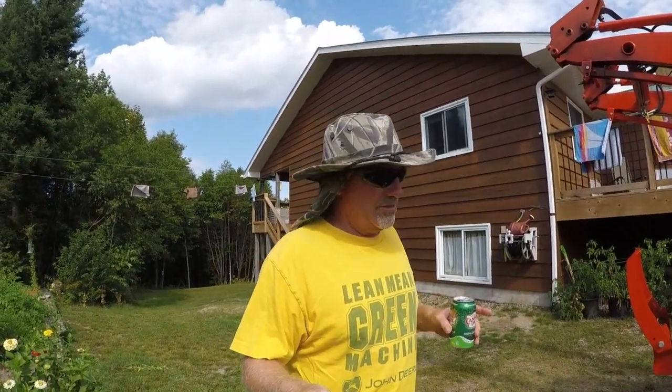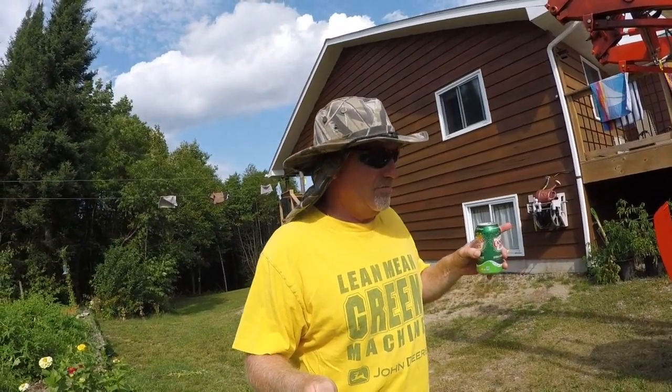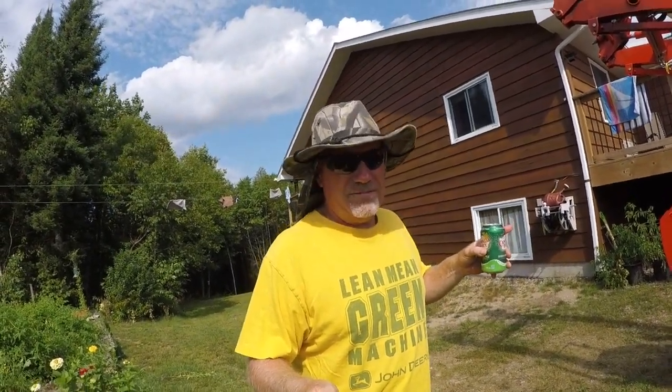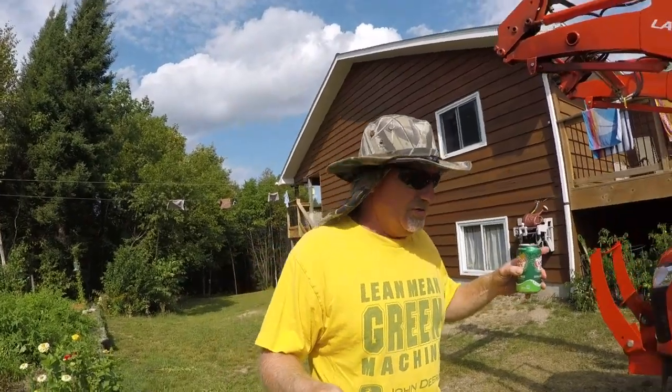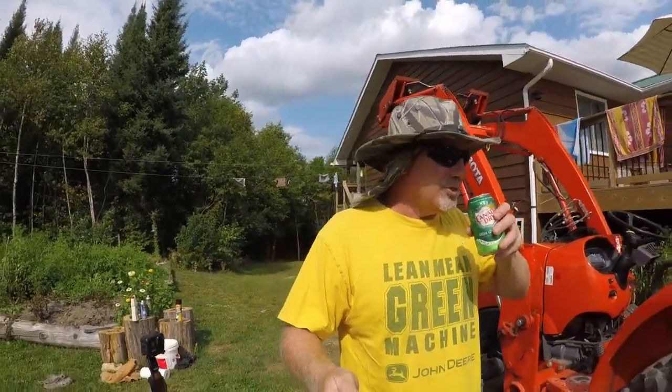Okay guys, I'm going to show you a couple things on this tractor that I do. We just wipe the panels down with Armor All a little bit on there and the rims. It's just to protect that paint a little bit from the elements too, like the moisture, dampness, whatever. Keep the paint in good shape. But anyway, I want to show you something else